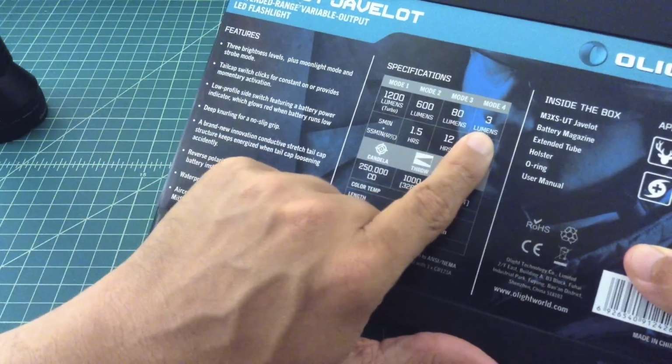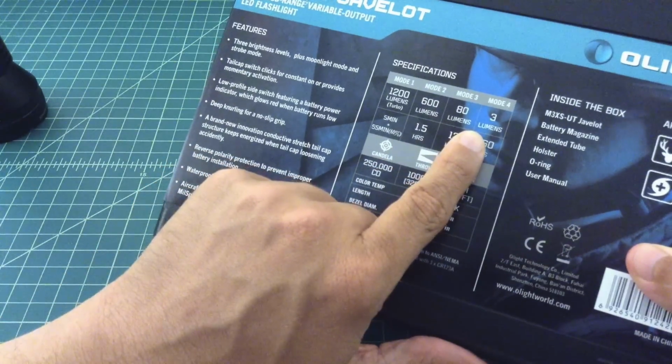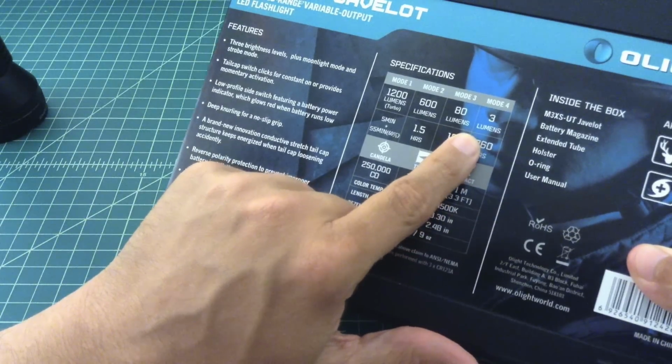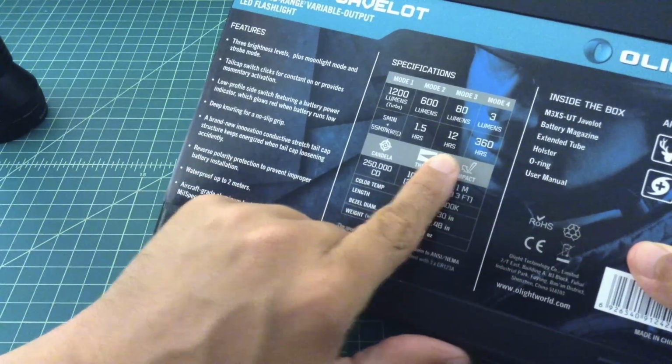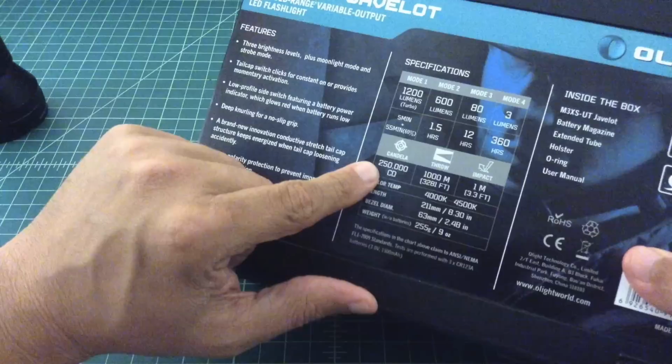Then it tells you your various modes. So mode 2, 600 lumens, low mode is 80, and then the Firefly or Midnight mode is the one I showed you last, which is a 3, and that can go 360 hours, 12 hours, and 1.5 hours respectively. The Candela rating is